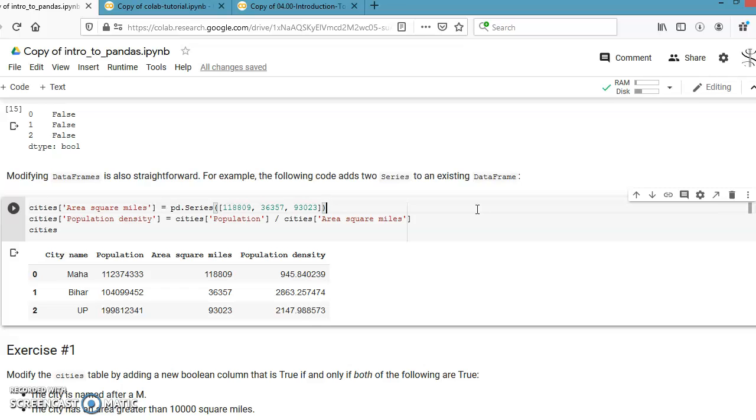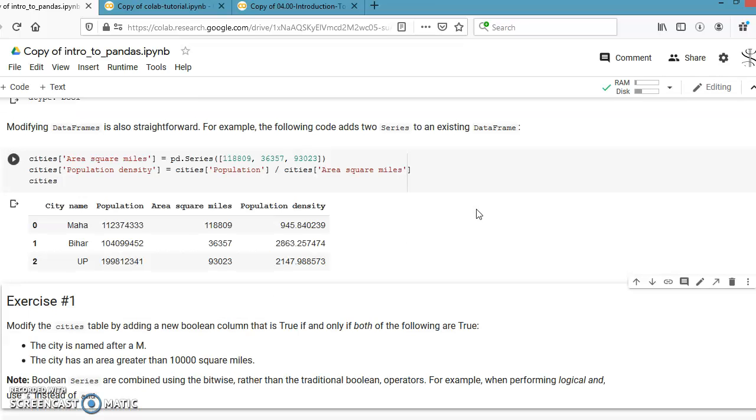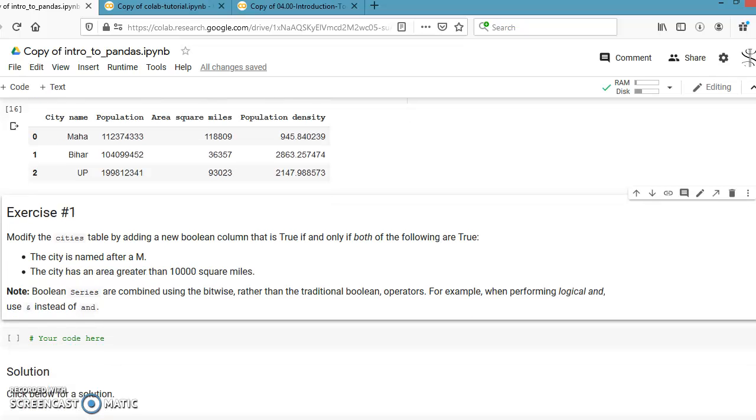And now we can check this output, population density for Maharashtra, for Bihar, and for UP, from the data given for area in square miles. Again, the data is taken from a government site. Now, likewise, we can do various operations on data, and that is the beauty of this library.